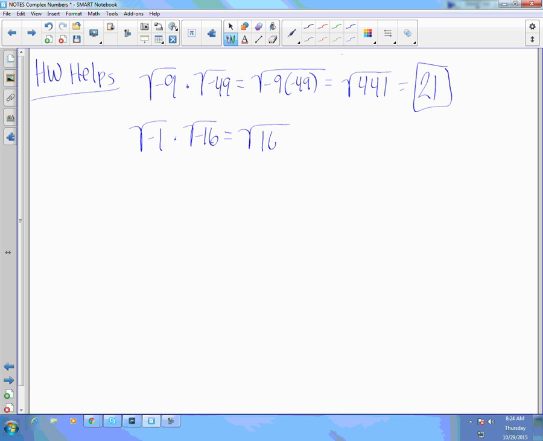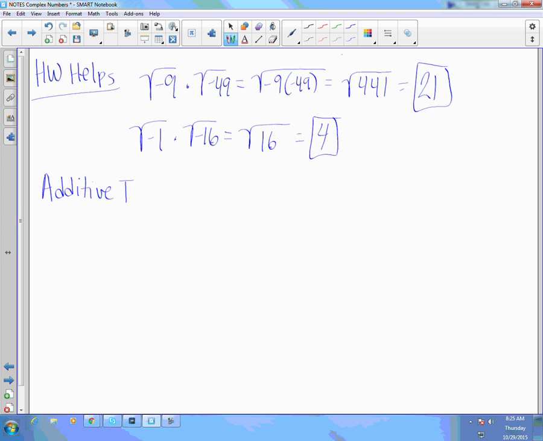Positive 16, which is just 4, right? So just a quick refresh on how you multiply radicals together. Okay, some vocabulary that you probably learned in 7th and 8th grade math also applies to complex numbers, and things like the